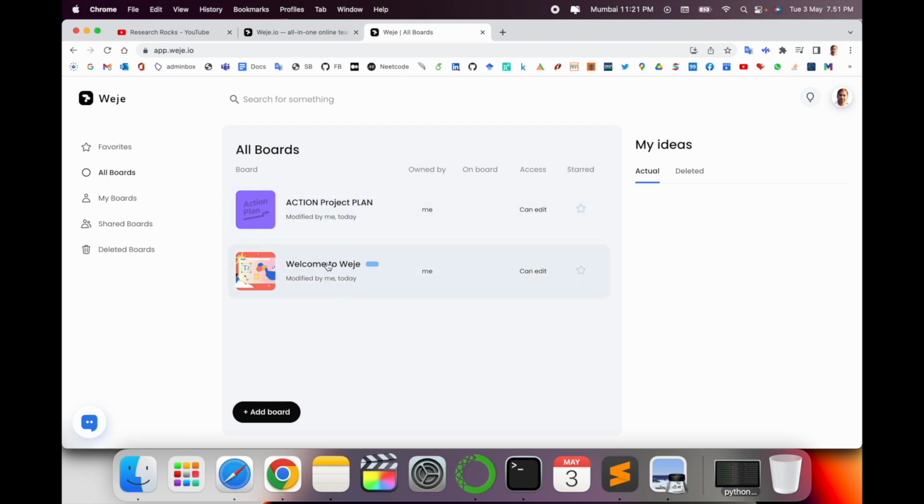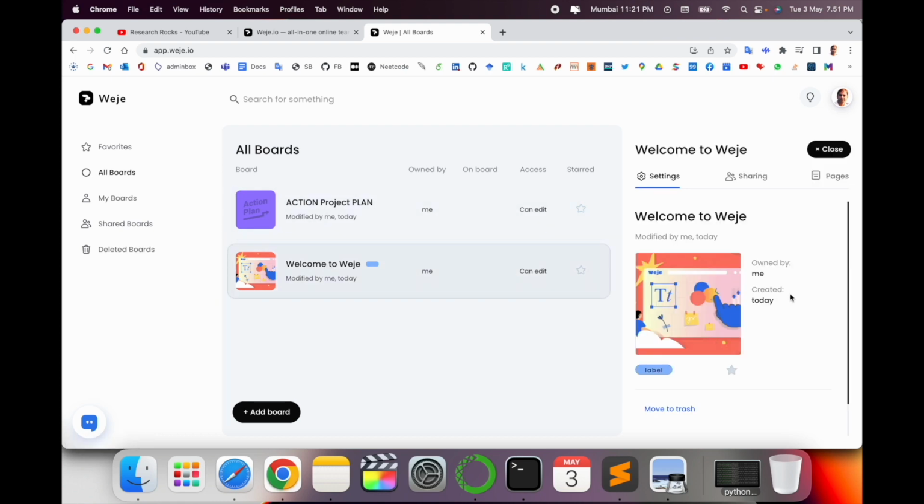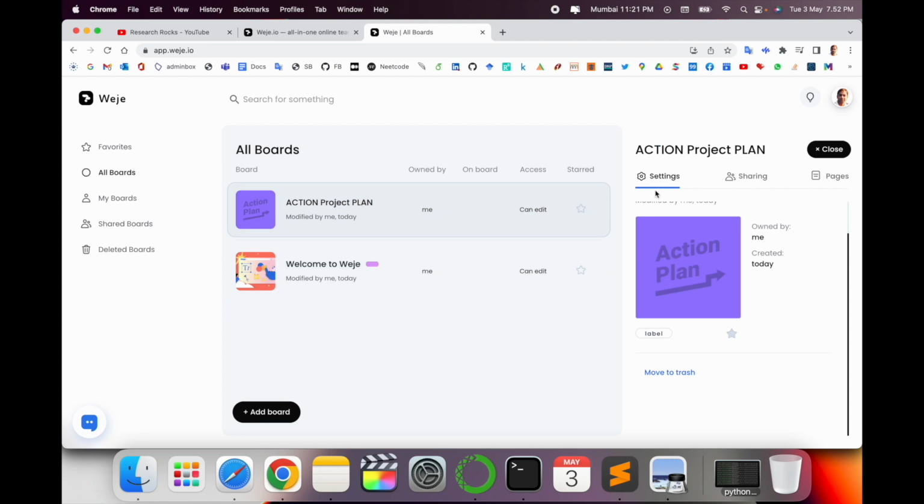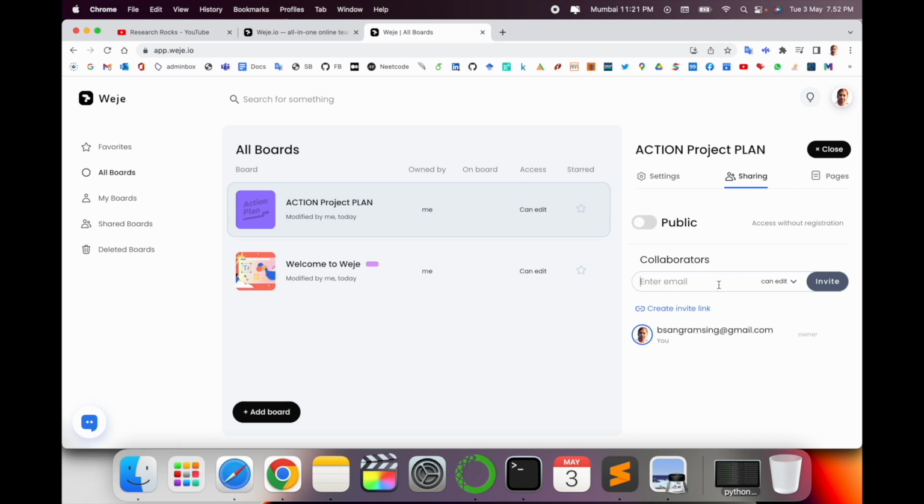So already 2 boards are there. Welcome and Weje related information are available. If you want to change some labels, related facilities are also available. And then suppose one of the best here is my action plan. So I can share this action plan very easily with a third person's email address. So I just simply send it to myself,